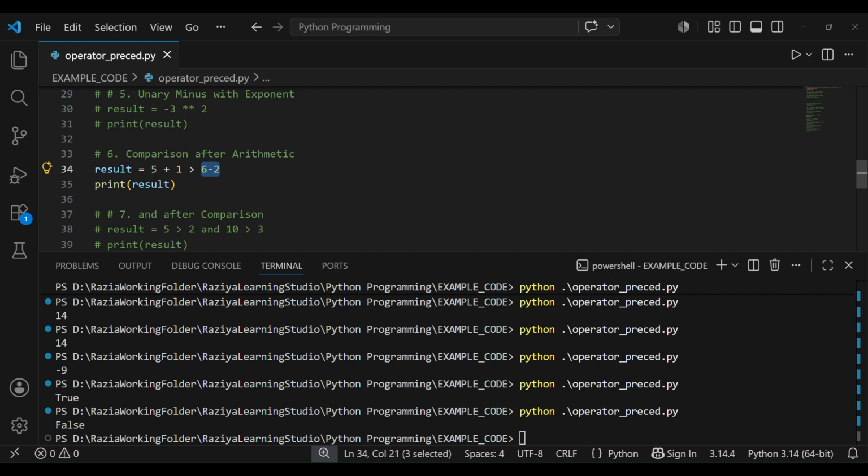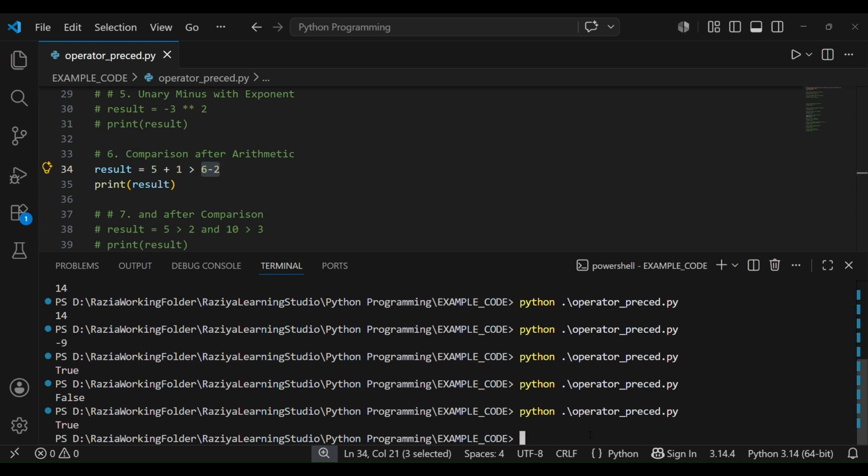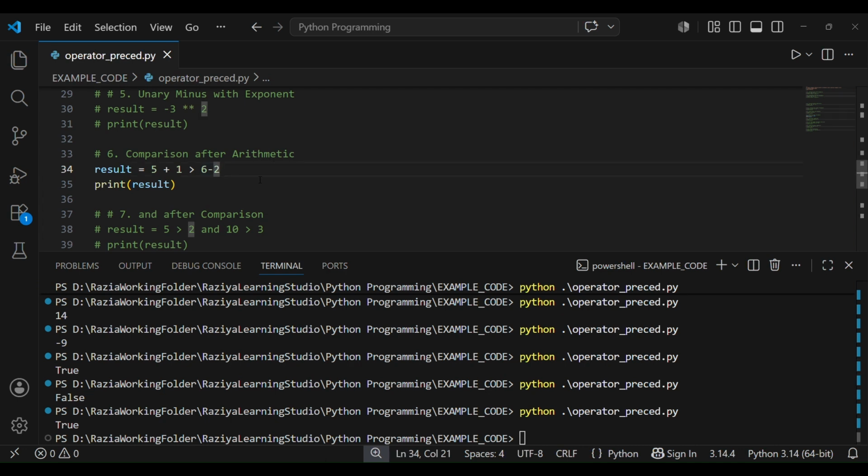Then it will compare, and 6 is greater than 4, which is true again, correct? So here we will see true. Got it? Okay. So this is our comparison after arithmetic.